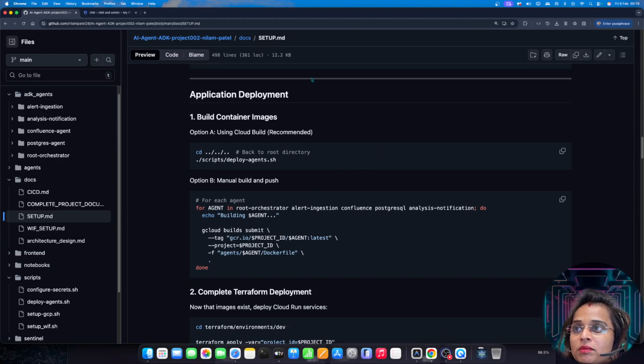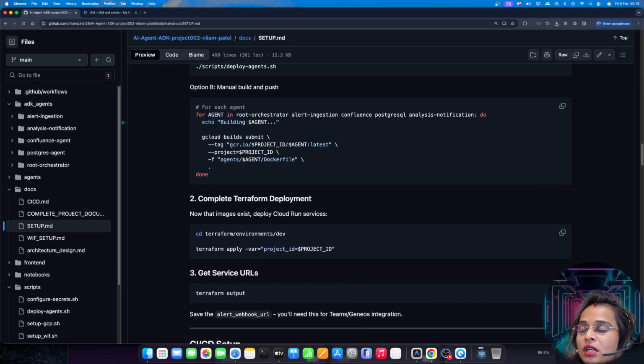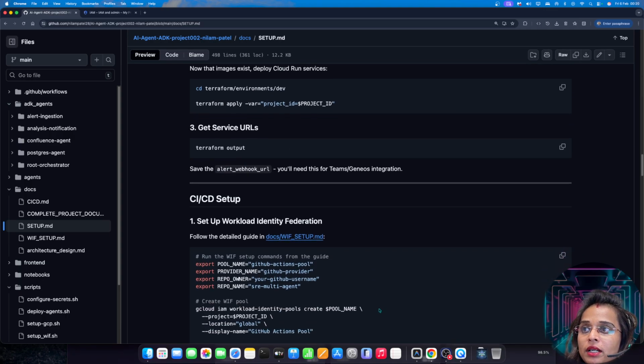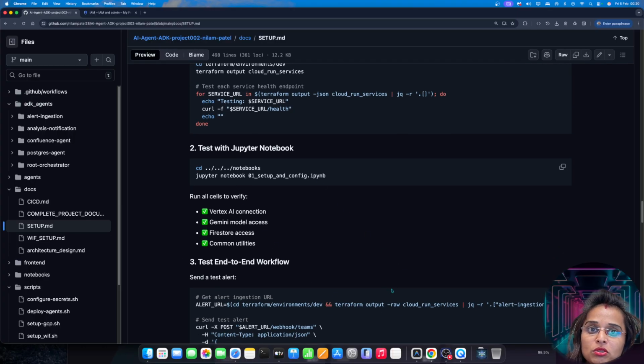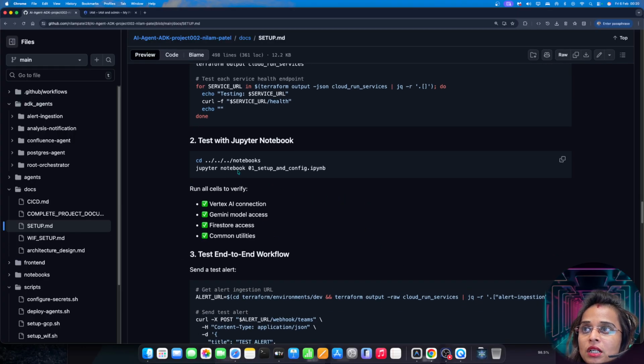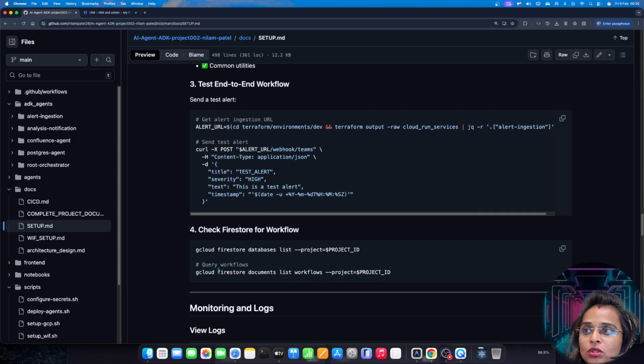Okay, so application deployment will happen with built container images that we are going to store on the Artifactory. Manual build and deploy can also happen. We can do it manually as well, but we can do it through the CI/CD, as I have already written the deploy.yaml file. Okay, this is the entire CI/CD setup here, and how we can test with Jupyter notebooks. We'll navigate to the ipynb folder, open the first notebook, and write our entire code there, send a test alert and check Firestore,